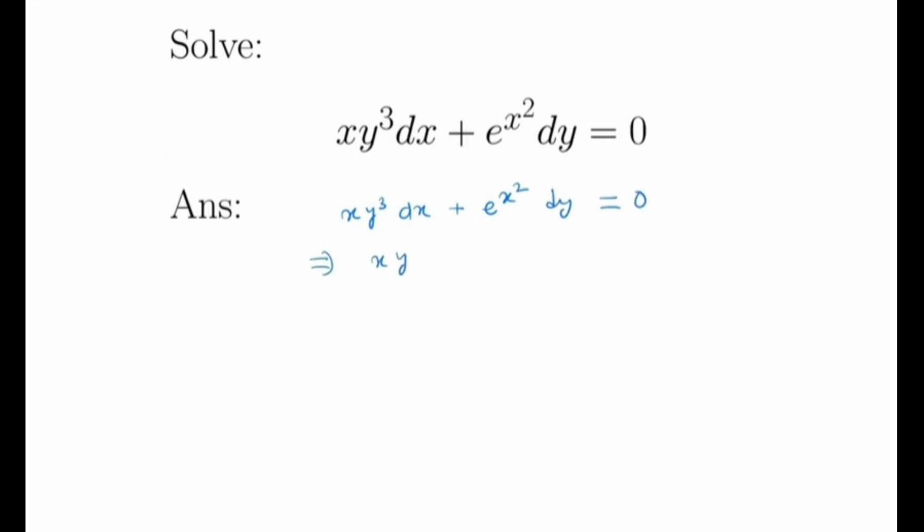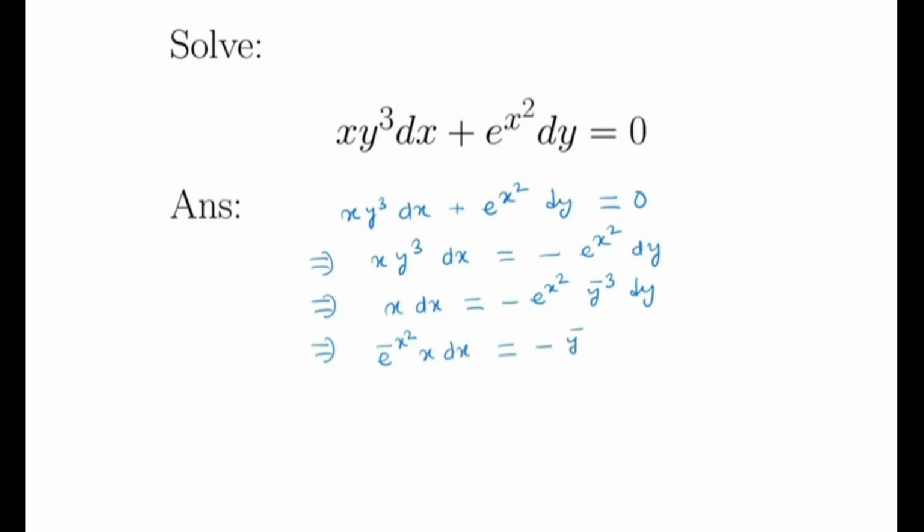So we can write x y cubed dx is nothing but minus e to the x squared dy. Now what we will do, we will divide both sides by y cubed. So x dx is equal to minus e to the x squared into y to the minus 3 dy. And here we have an extra e to the x squared term, so we will divide by e to the x squared here. So it will be e to the minus x squared into x dx is equal to minus y to the minus